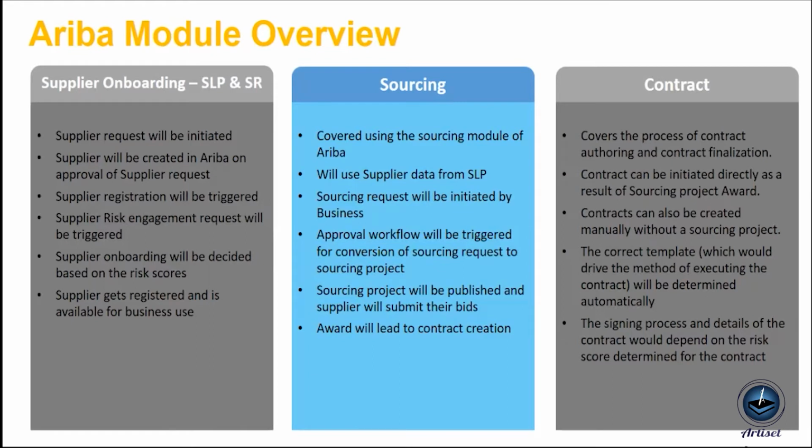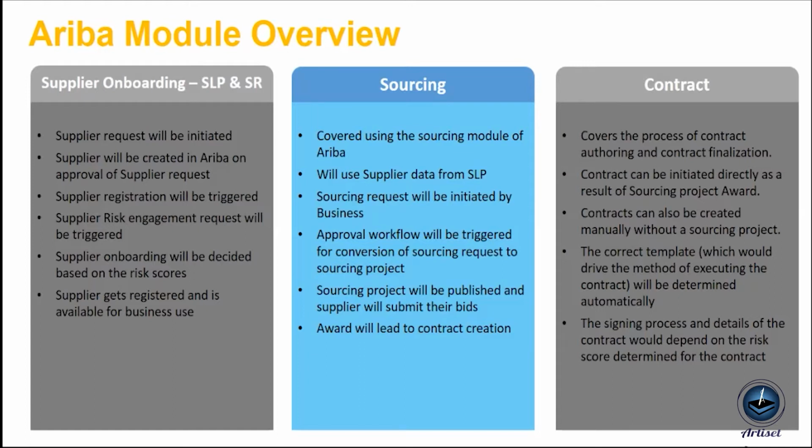Once all those parameters and factors have been checked and it is approved, the supplier will be onboarded and registered in the system. So as in Ariba, there is a native integration. Whosoever supplier is registered in the SLP module, those details will flow in the sourcing and contract module through the native integrations. So the common supplier files will be shared. Partition data and purchase org, all these will be used in the downstream module. When I say downstream, it is buying and invoicing module.